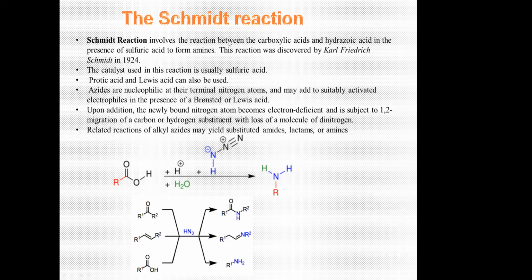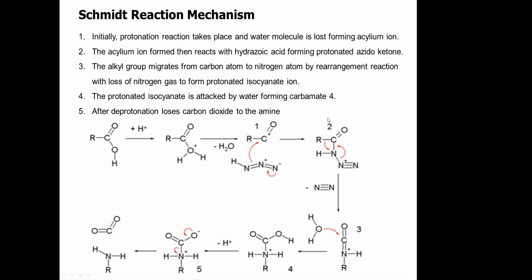Now let's go into detail. Let's see the mechanistic approach of this. So what is the first step? As you said, generation of an electrophile, so that your azide can attack. So what is the first step? Formation of your acylium ion, that is an electrophile. So how will it be formed? First, your carboxylic acid gets protonated in your acidic medium. There is a loss of water to form an acylium ion.